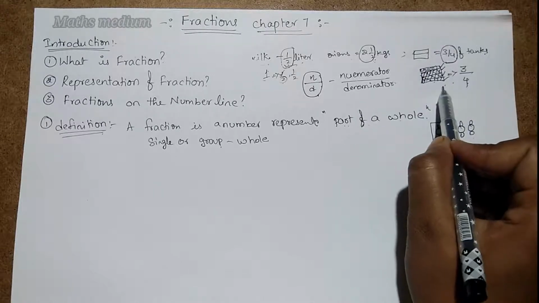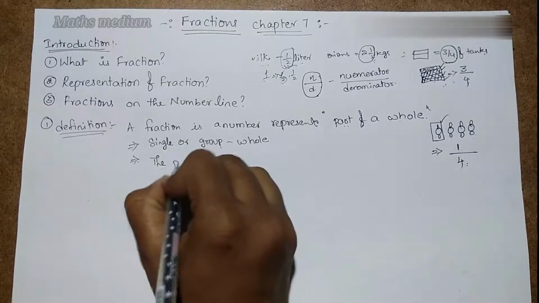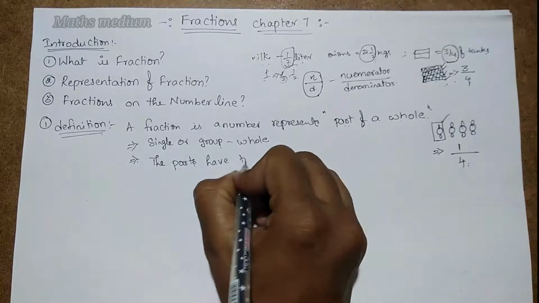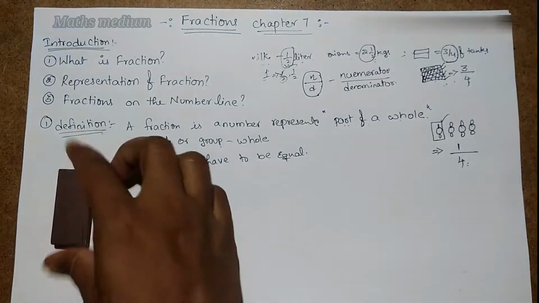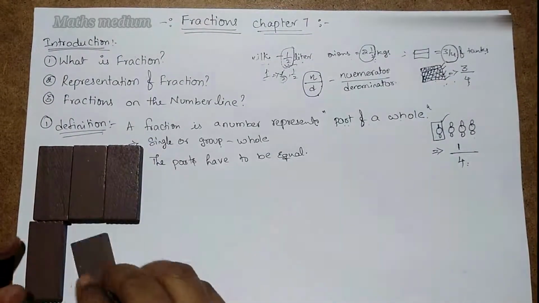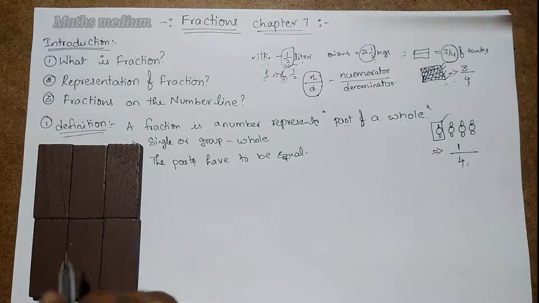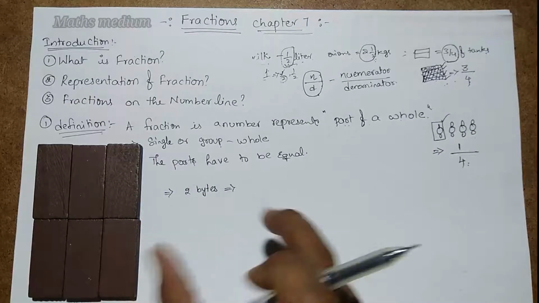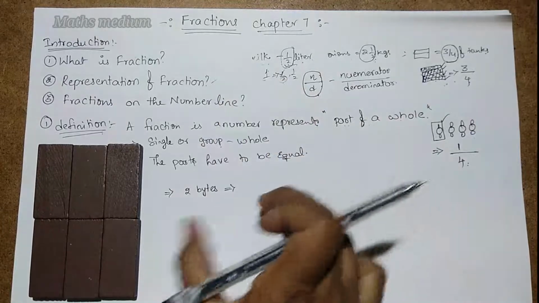Next, another thing I want to tell you, that is the parts we are discussing have to be equal. It means I will explain you here. For example, let's assume, I hope you understand with this activity what is a fraction. See here, just assume this is a chocolate bar. If one of your friends came and asked you, give me 2 bites. So how can we represent this chocolate as a fraction? That is the main important thing for the fraction definition, and the representation of a fraction you can also learn from here.